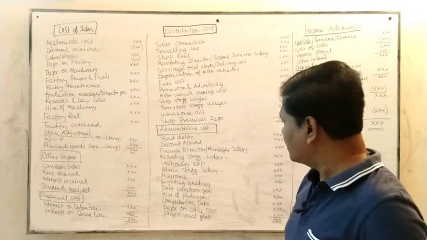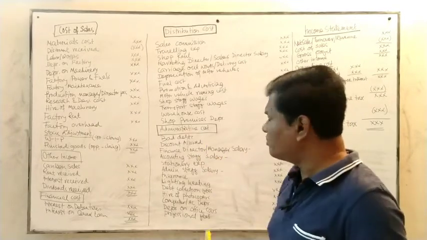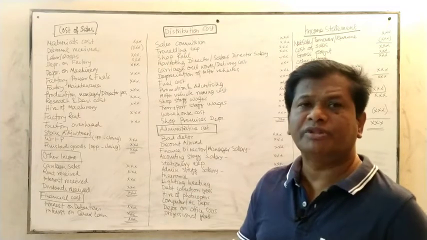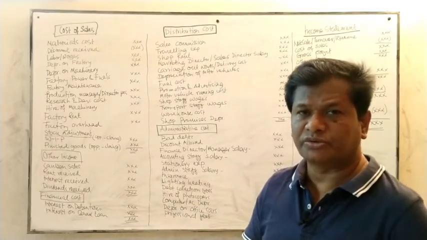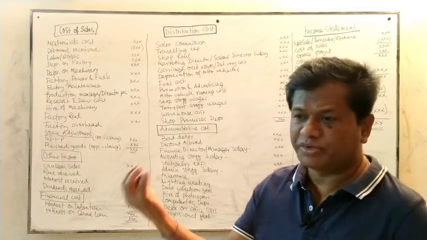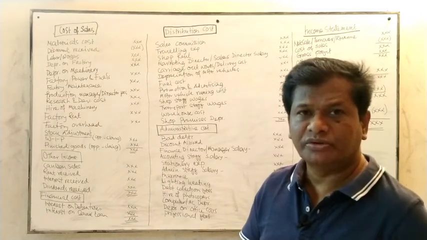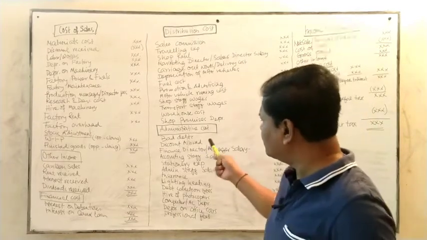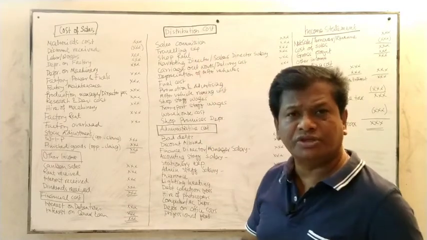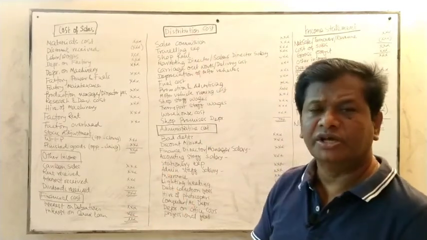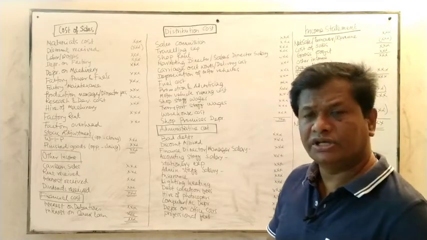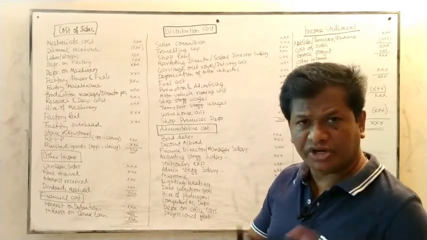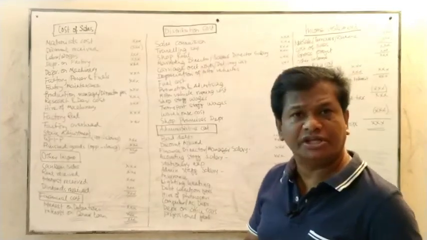Again, the discount allowed. Discount allowed may be to your customer. You are giving some facilities, the cash discount. Maybe you request your customer, please pay early and take some discount. So this is the cash discount, the discount given to the customers. Sometimes this discount can be treated as a distribution cost. Basically most organizations treat the discount allowed as an administrative expense. But if you write it in the distribution expense, that is equally accepted.